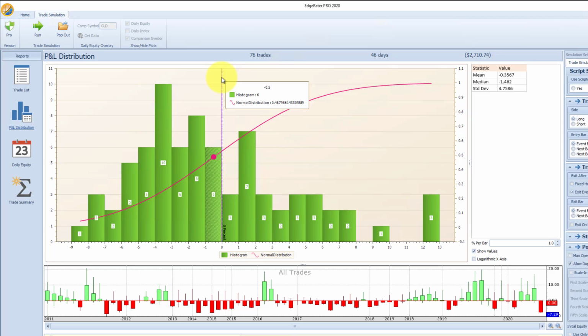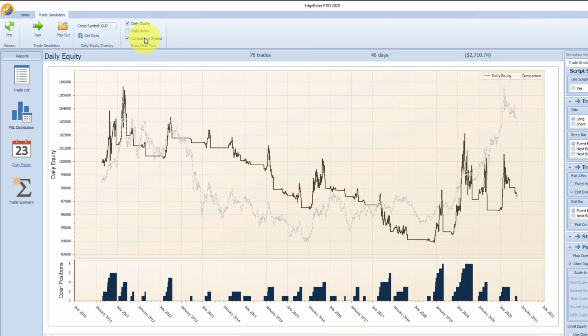So anything to the left of this blue line here is a losing trade, and it shows the frequency of any percent levels. And on the right hand side of the blue line you can see the winning trades, and way out to the right you can see that between 12 and 13% gains there were 3 trades that had that percent gain. We can also take a look at the daily equity chart, and I just have the equity